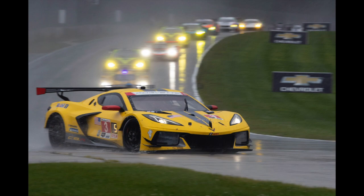In GTD, a customer team signs a contract with a car company. They get the race car from that company, but they have to manage the car and their team with their own budget. They don't have full support from the car company that's supplying the cars for the customer team. So GTLM and GTD are quite similar to DPI and LMP2, except that the former two classes are cars that are based off of regular production cars that you see on the road. I hope that was a good short overview of